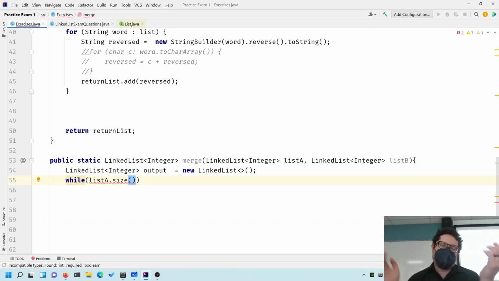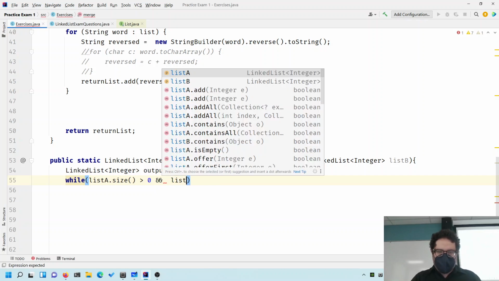But that's why I'm using linked lists, because the remove 0 method will run in constant time. So while list A dot size is greater than 0, and list B,